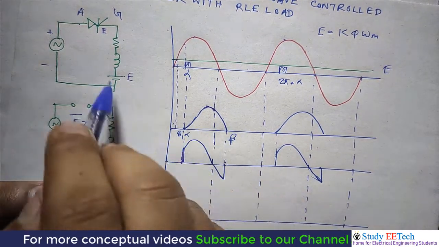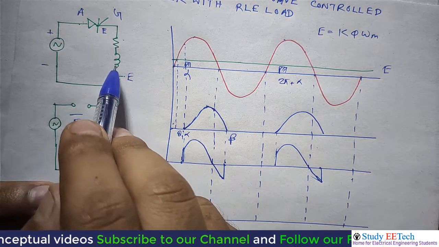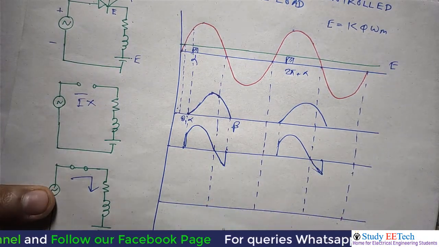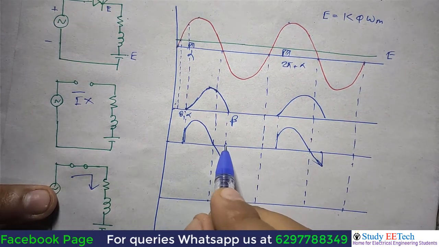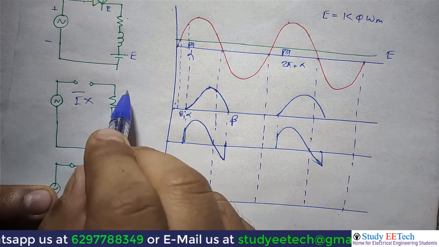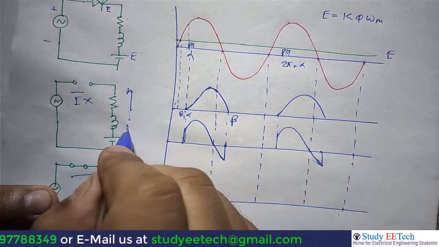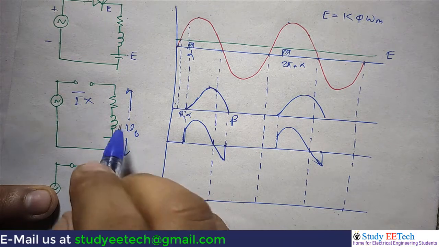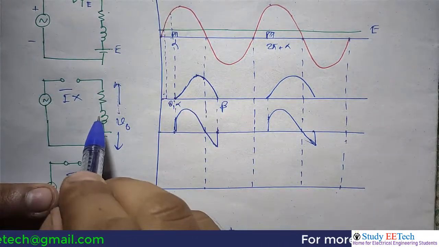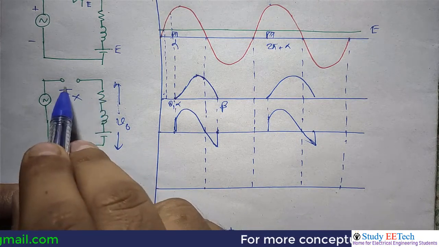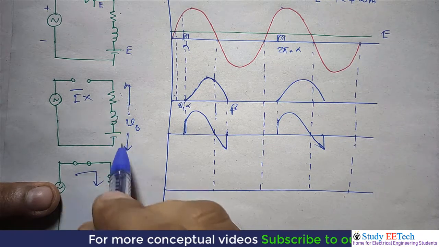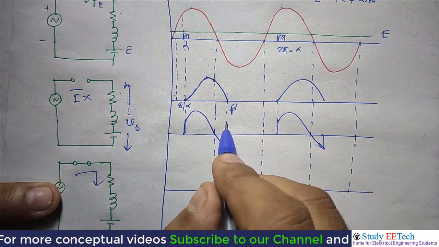This is quite similar to the resistive inductive load, but somehow we have introduced E here. Well, some mistake we have done. What is the mistake? At this point when the thyristor becomes off, the voltage across the load VO is not equal to 0 because the motor is running on. So we will get the E voltage across this, because the inductor is completely discharged, no current is flowing, so no voltage drop across the resistance, and we will get the E voltage across the load. So we will get the E voltage here.